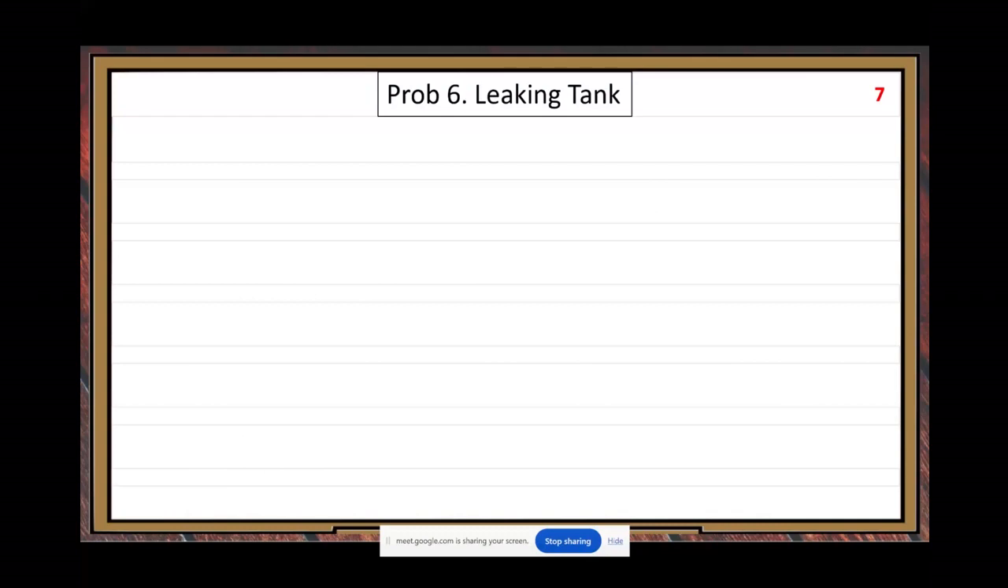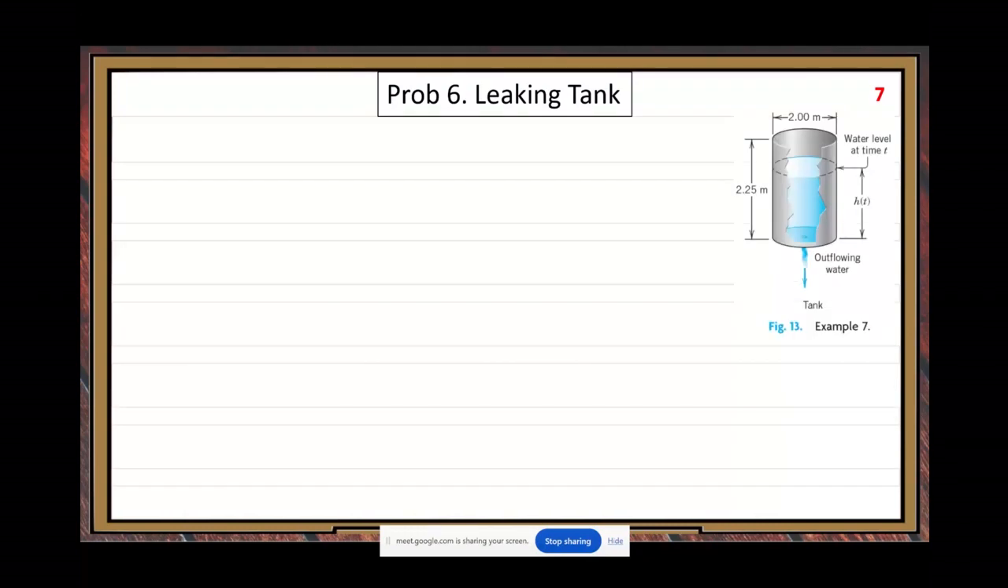Problem number 6, leaking tank. This one, we need to use differentials to do the modeling, okay? Try to get used to how to use differentials to do analysis. This tank has a hole at the bottom, so water is leaking out. Little hole, it's a big tank. So now we need to